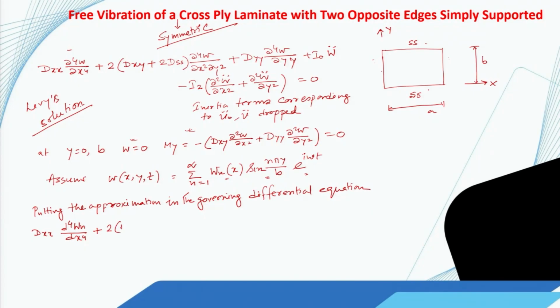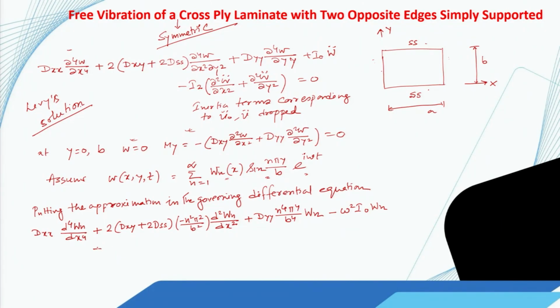And then we have 2 into Dxy plus 2 Dss, then we have minus n square pi square by b square, and then d2 wn by dx2, and then we have plus Dyy n to the power 4 pi to the power 4 by b to the power 4 wn, and then we have minus omega square I0 multiplied by wn,